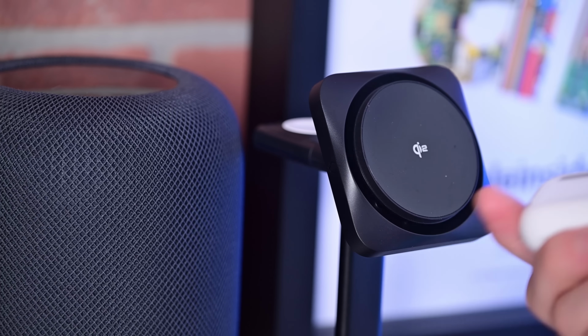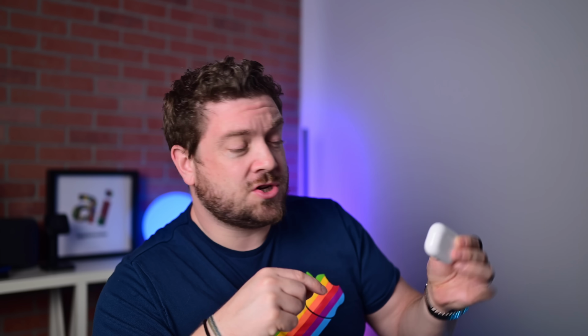This is small but surprisingly important to me with my AirPods Pro. I charge these all the time when I'm in the car, right on my MagSafe car charger, and that won't work with AirPods 4. Both AirPods 4 versions get up to 5 hours of listening time on a single charge,